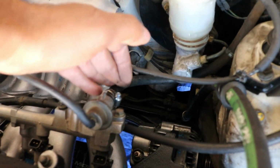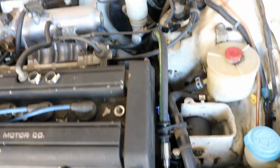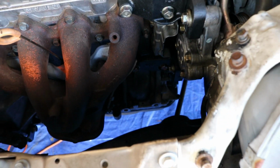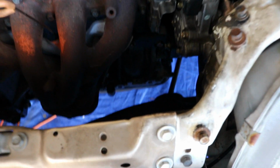I got the fuel return line hooked up as well. I got the alternator down in there barely with enough room. I still have to get a belt for it, and I still have to get a belt for the power steering. Like I said earlier, when I first started the swap, I am going to be running air conditioning, but